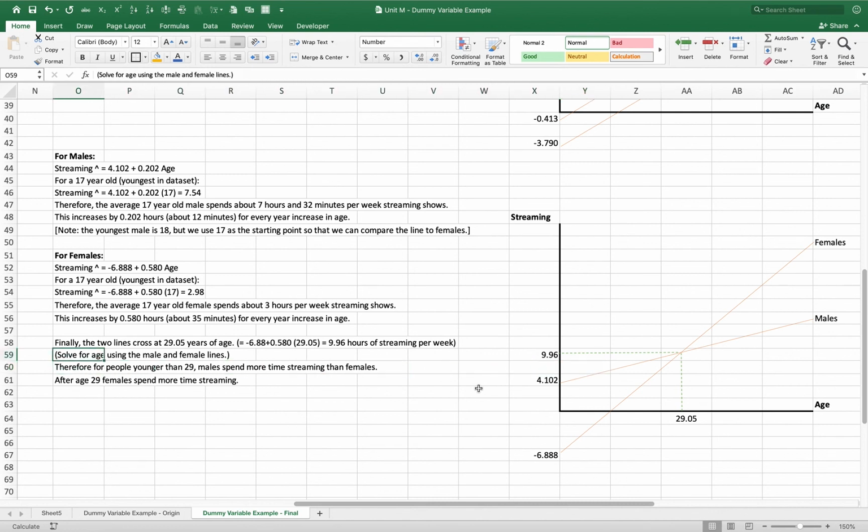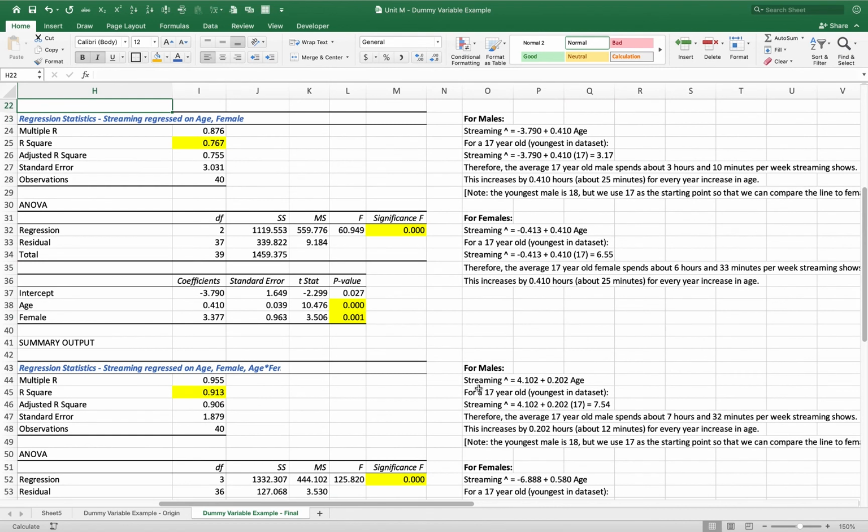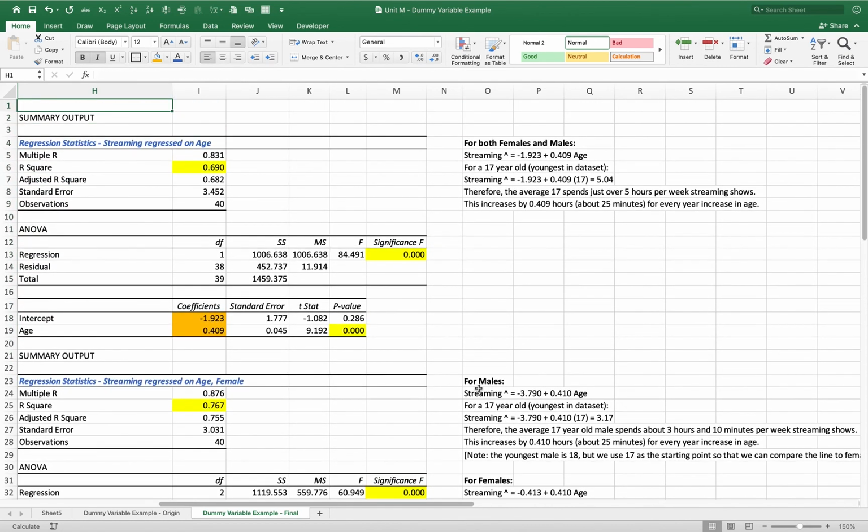And so this is how we would describe the relationship, all this stuff here together. It describes the line for the males, the line for the females, and where they cross. So that's how we do that. And again, this is a significant increase in the R squared, going right up to 91% by allowing two lines, one for males and one for females, and allowing them to have different slopes. And so that is what I want to show you in terms of how to run dummy variables in regression and how to interpret the